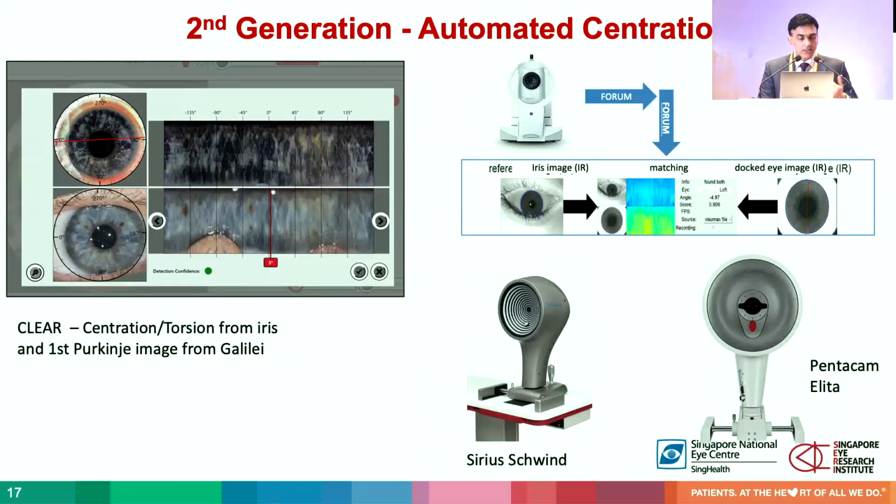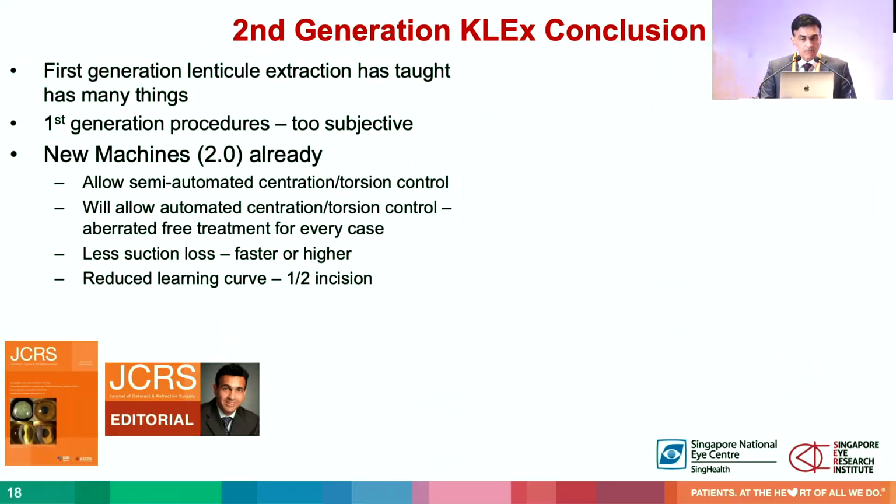With the VisuMax, we link this basically to the IOL Master, so it'll pick up your torsion and centration control, but it's not actually linked to the full Zeiss tomographer itself. So what I think about second generation procedures itself,